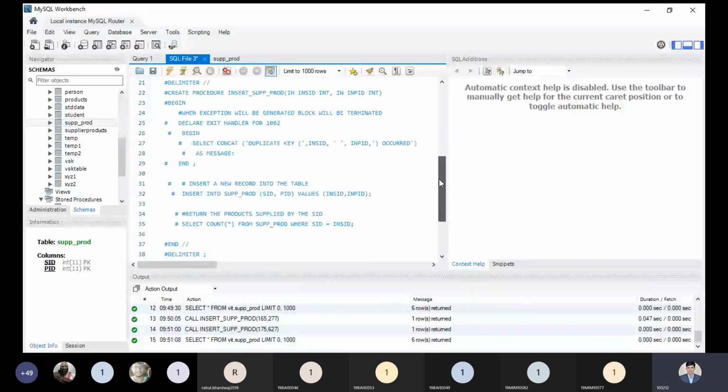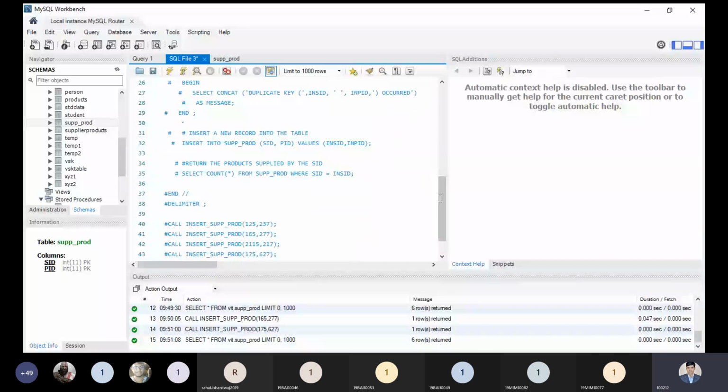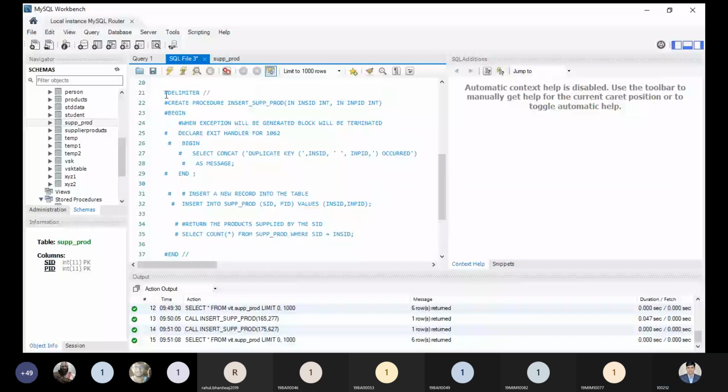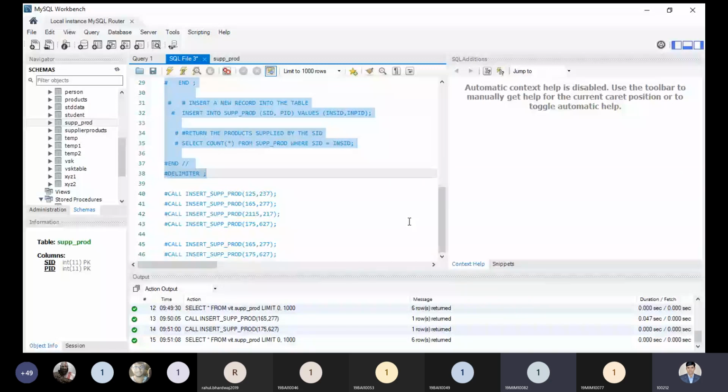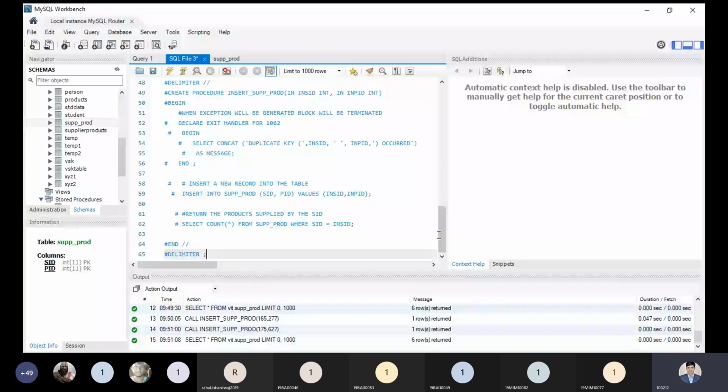Just let me copy this part, from this part to this part. Sir, are we handling the duplicacy of keys? Yes, of course. Since in this part we found that duplicacies are occurring, it automatically generates an exception, that is generated by the 1062. That is the SQL code. That is the point you need to keep in mind.